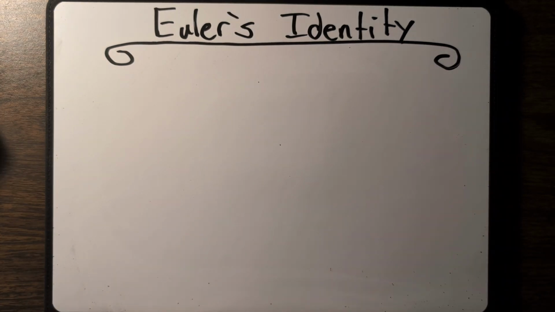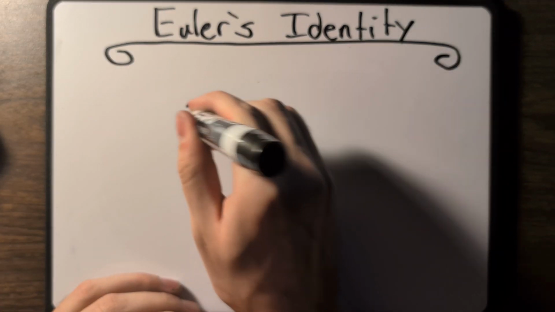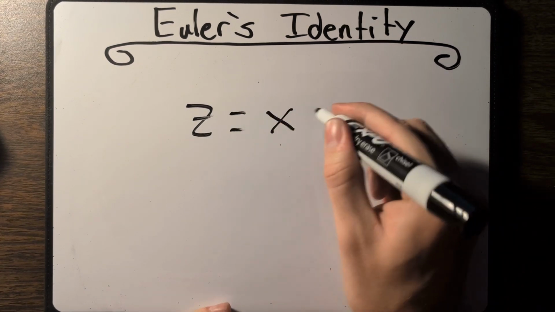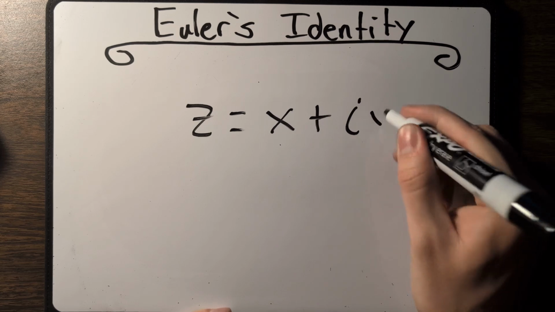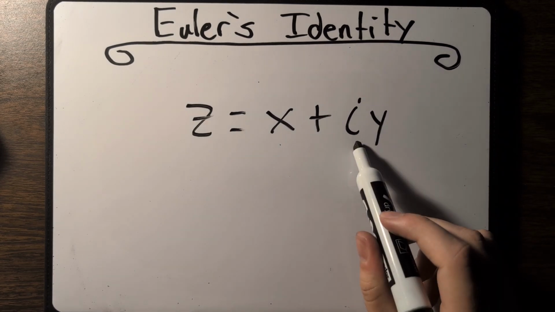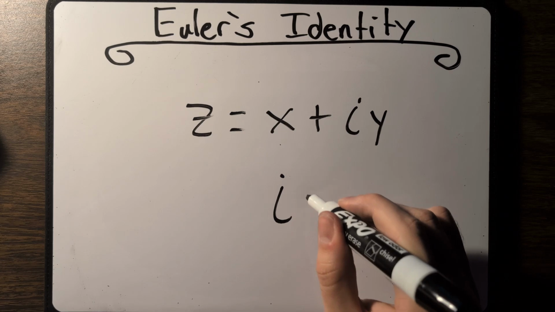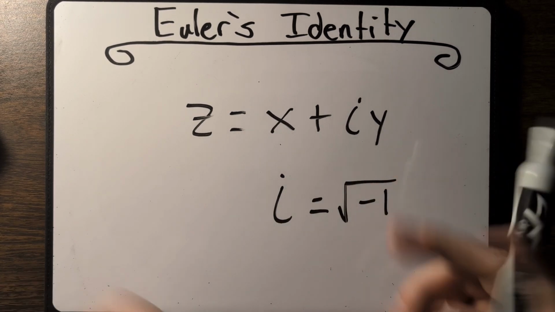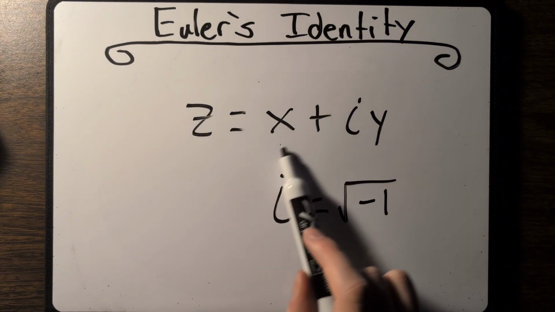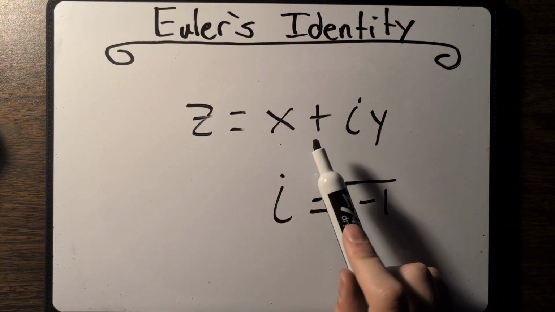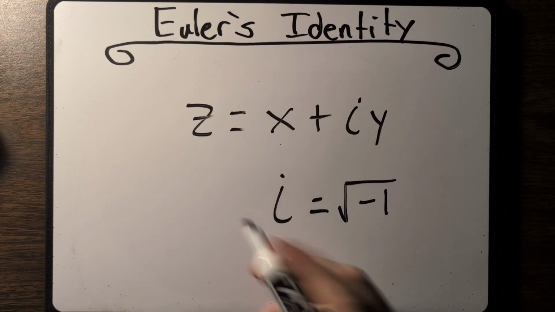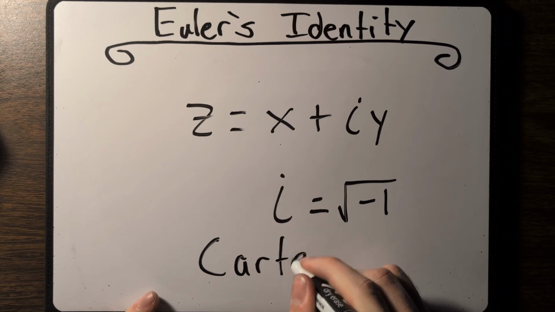Well, the explanation comes from the properties of complex numbers. Let's say that z is a complex number. This can be represented as x plus i times y, where i is equal to the square root of -1. This is our imaginary number, right? So this is the real part of our complex number, and this is our imaginary part. This is in Cartesian coordinates,